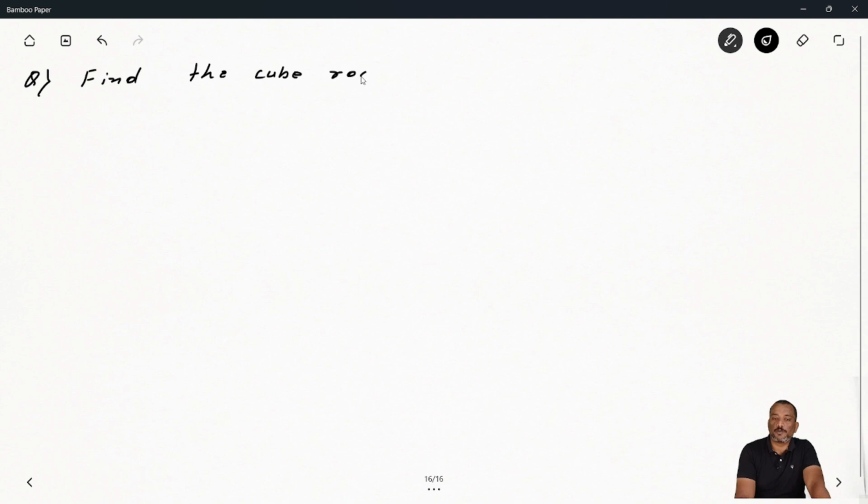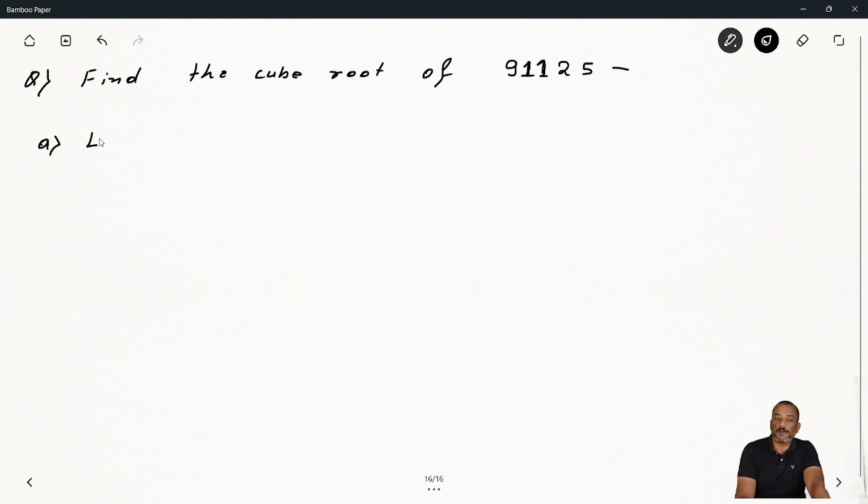Now I'm giving you one MCQ question. First, most important, you have to solve it and give your answer in the comment section. So the question is, find the cube root of 91,125. The options I am giving here: